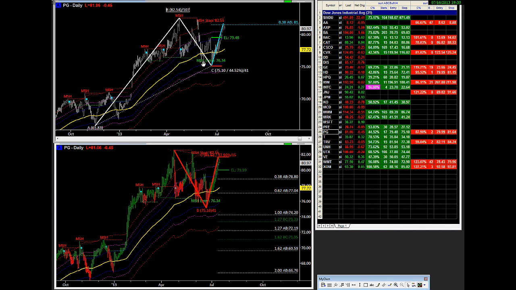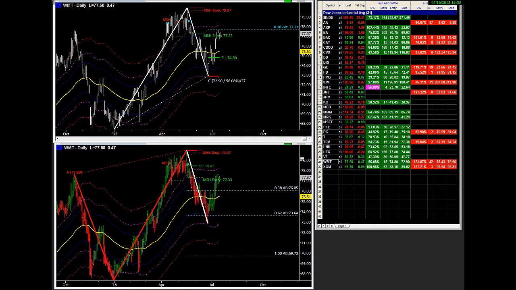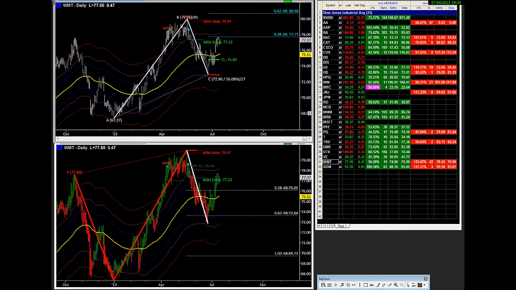So in this case, I won't consider this an ABC bullish, although it's plotting and it may work out, but still I won't trade this type of pattern because it doesn't meet my minimum criteria for me to trade it. Let's look at a couple more. Let's look at Walmart. Here Walmart again. In this case, I would say an ABC bullish is probably a little bit viable,